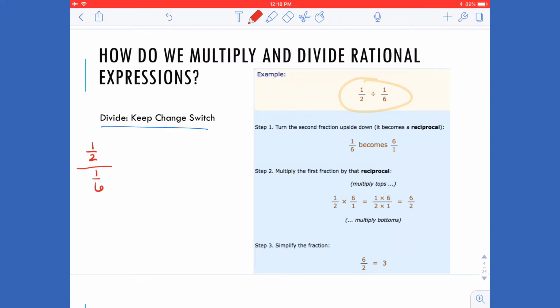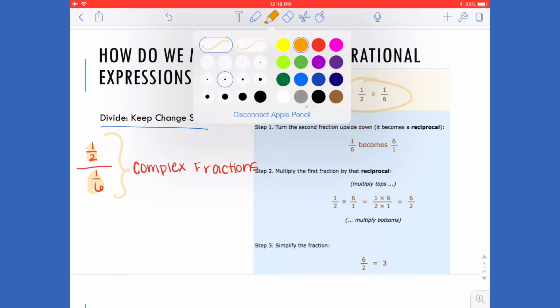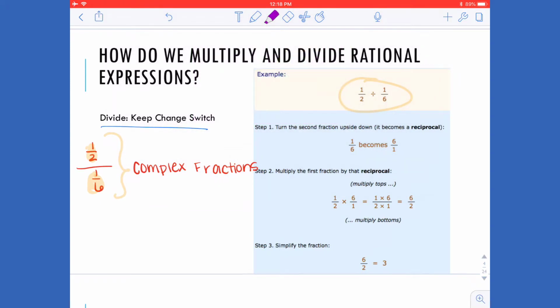When we have what I call fractions within fractions, so we have this fraction on top, and then we have this fraction on bottom, and then we have this entire fraction going on, this is called a complex fraction. And we don't like working with complex fractions. So our goal when we're working with a complex fraction is to try to get rid of it. And when we want to get rid of it, we're going to take our denominator fraction, or it doesn't even have to be a fraction in the denominator, it's whatever is in the denominator, and we're going to multiply it